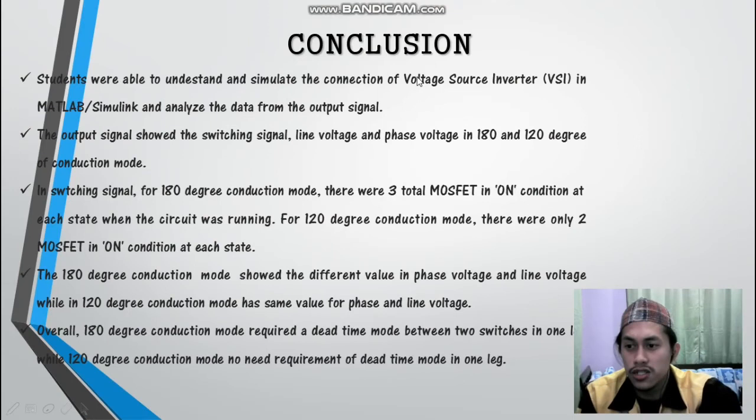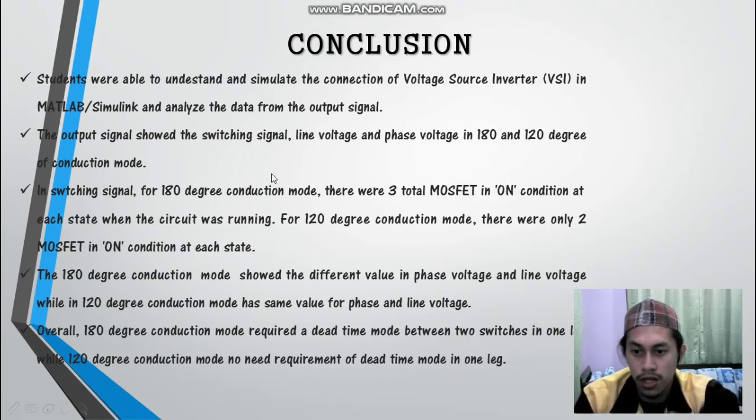For the conclusion, first, students were able to understand and simulate the connection of a voltage source inverter (VSI) in MATLAB Simulink and analyze the data from the output signal. Second, the output signal shows the switching signal, line voltage and phase voltage in the 180 degree and 120 degree conduction